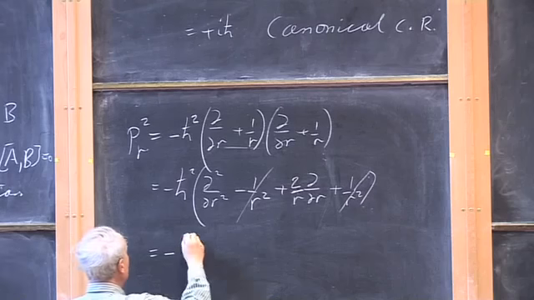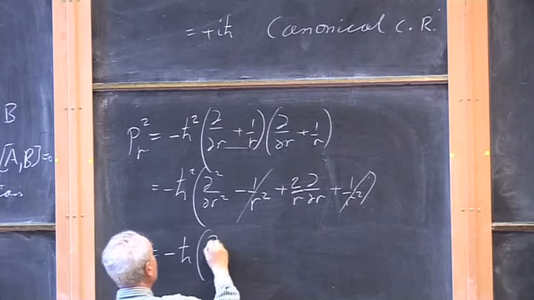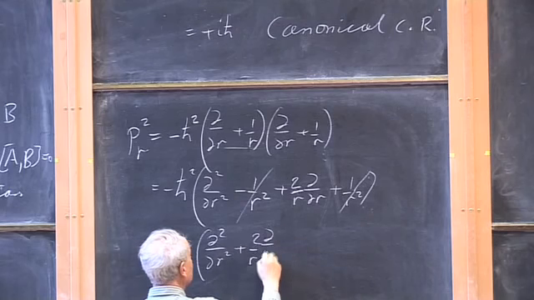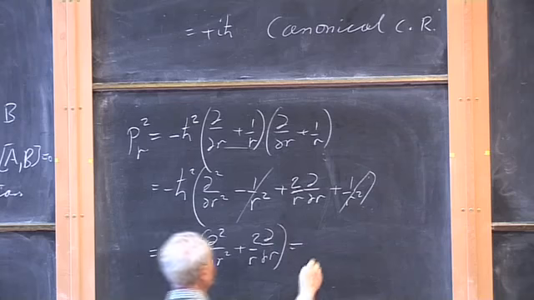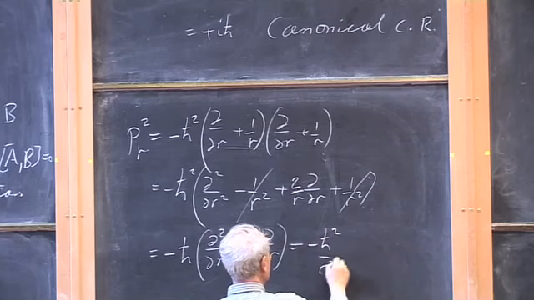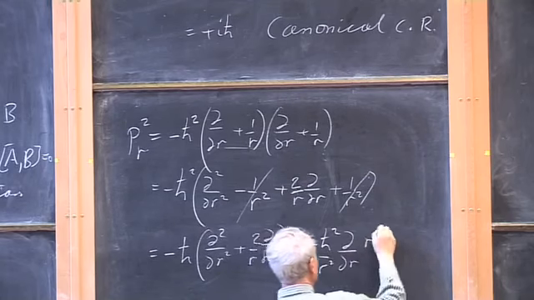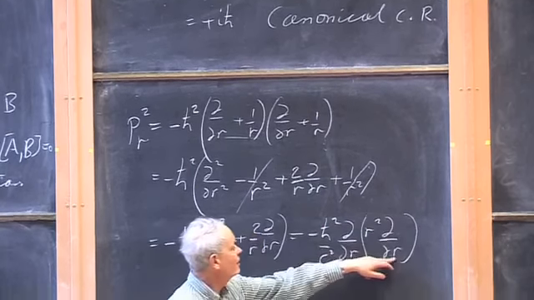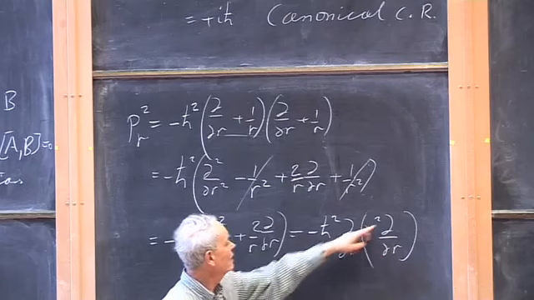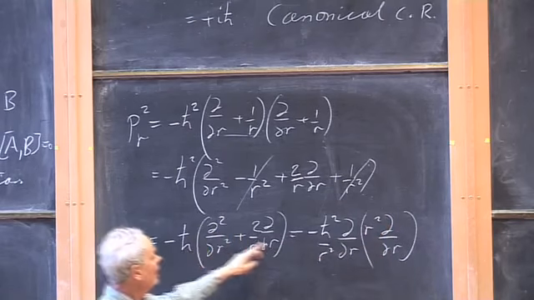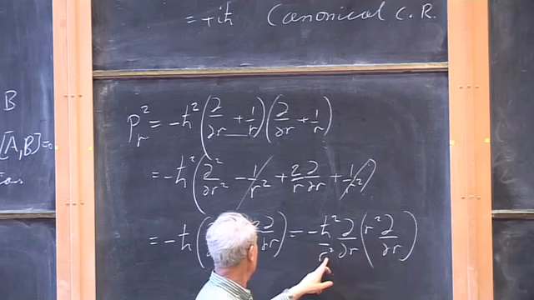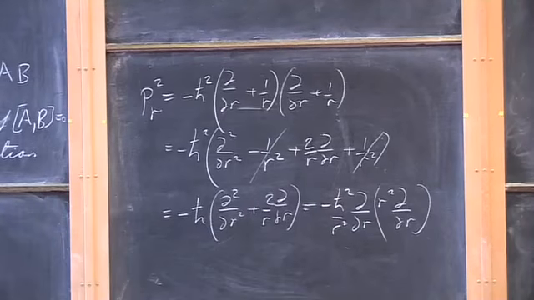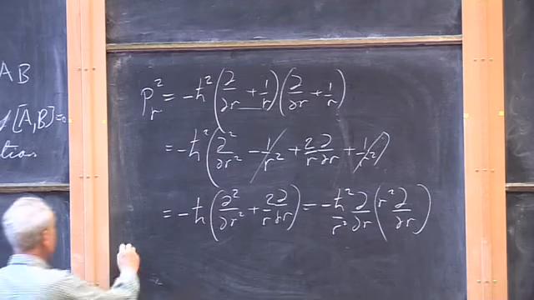So we have minus h bar squared d2 by dr squared plus 2 over r d by dr, which can also be written as minus h bar squared over r squared d by dr of r squared d by dr, right? Because if you differentiate out this product, you get r squared on r squared times d2 by dr squared, which is this term, and you also get a 2r over r squared, 2 over r, times d by dr. So yeah, this term here, we've now shown that